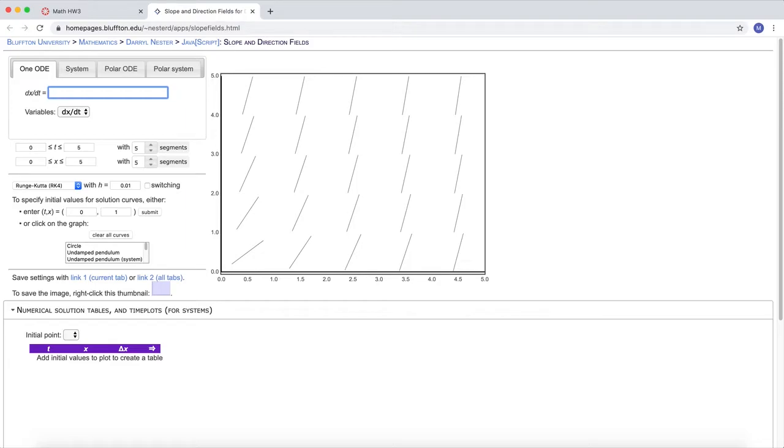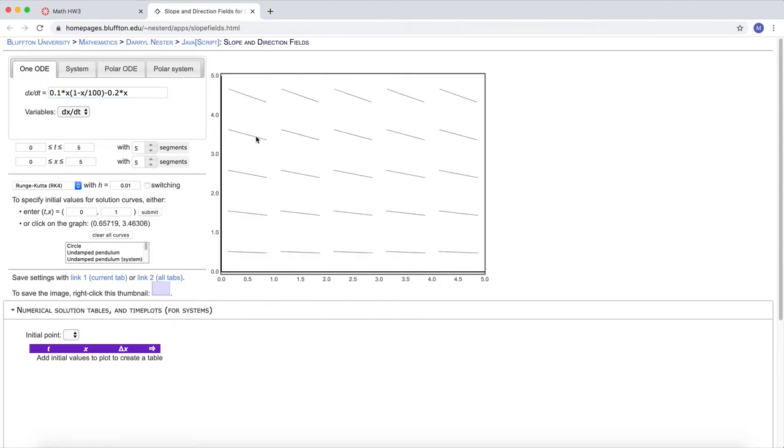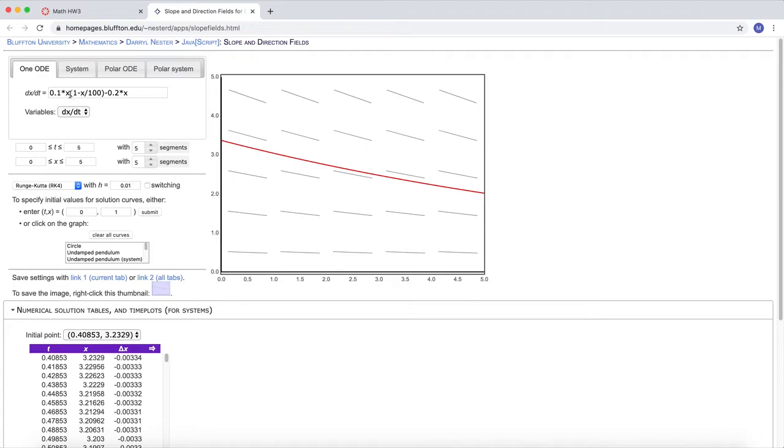So where it says L prime, I will now type that equation in. Everywhere I see a times, I'm going to use the asterisk, and everywhere I see the L, I'm going to use an X. If it's a parentheses, I'm not sure. I wonder if I have to use an asterisk or not. So I'll leave it without and then see if it works. Then we have L over 100, so I'm going to put X over 100 instead. Close parentheses, minus 0.2 times X instead of L. And let's try to see what we get there. Oh yeah, it seems to work fine even without the little timesy thing there. But I bet if you put it in there, it wouldn't hurt. So if you want to do that, you can.